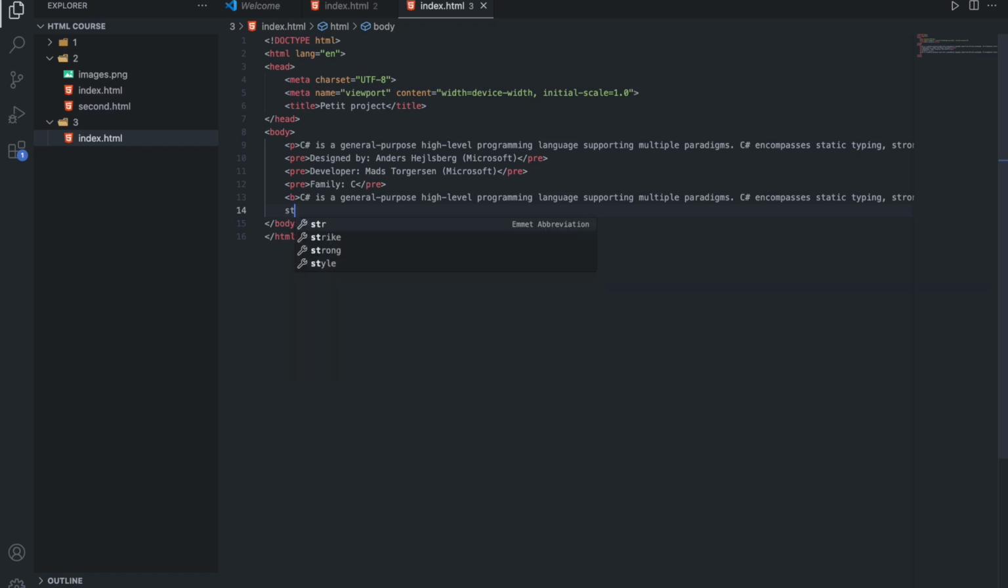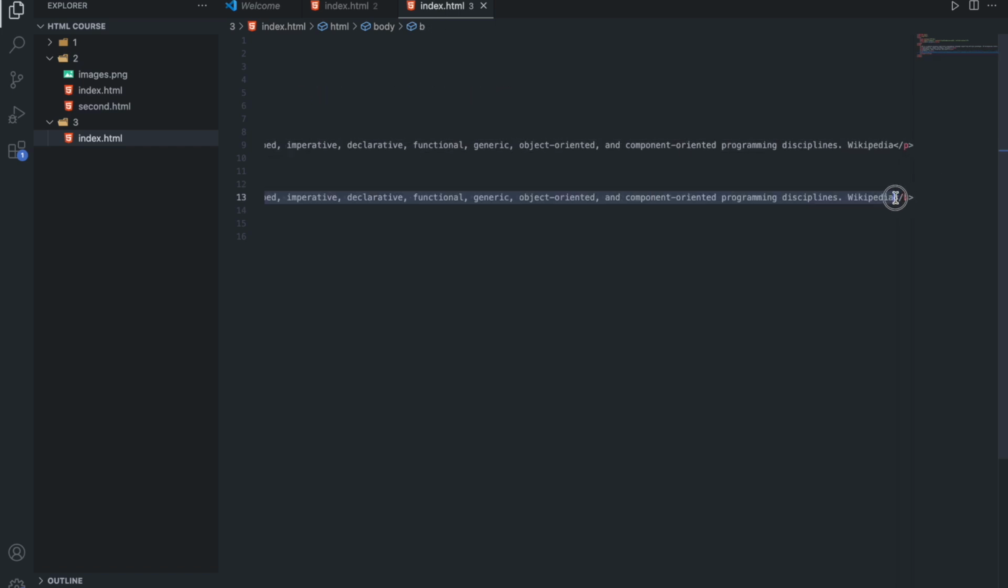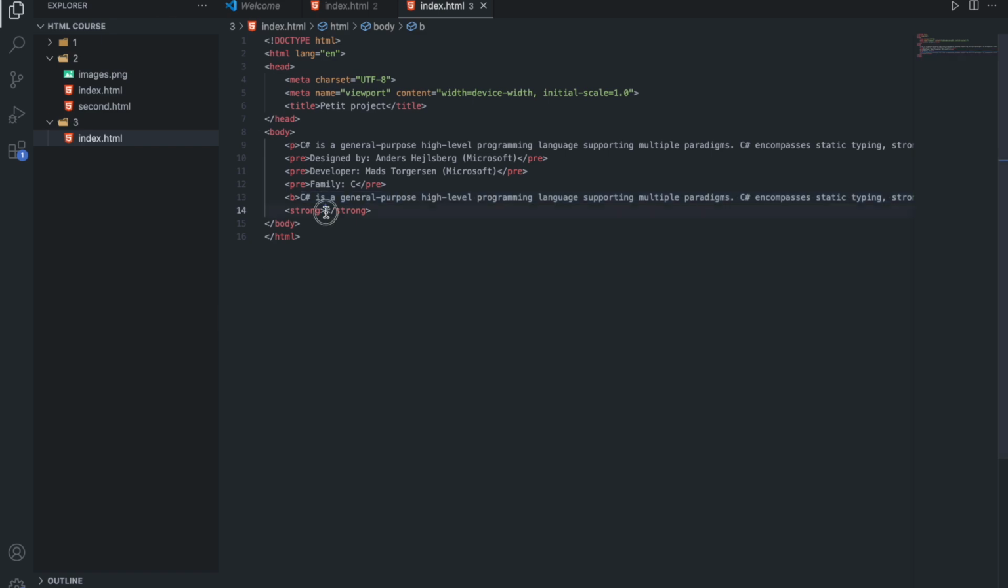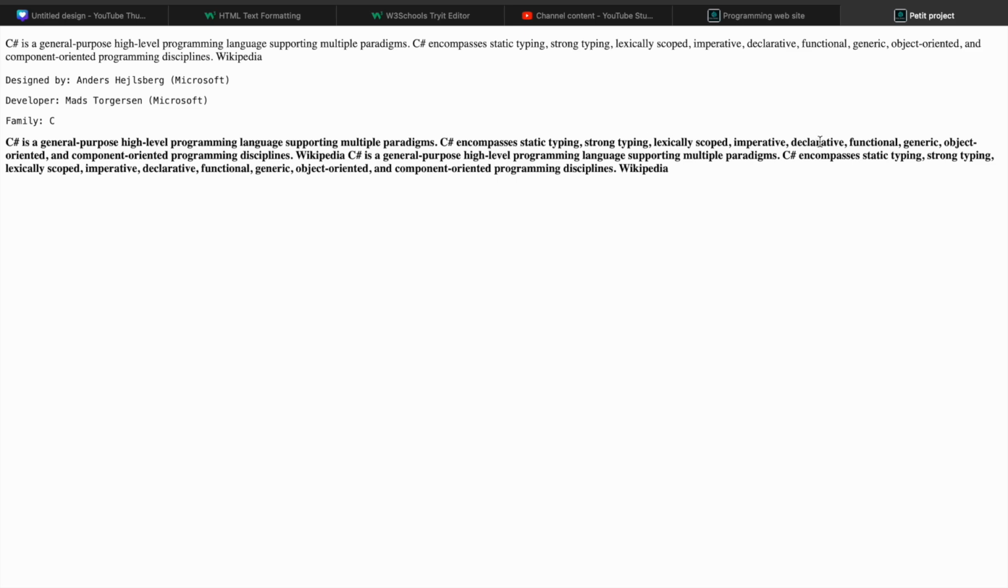But it's used, but it has very little use in the programs, in the websites. Strong, is it like